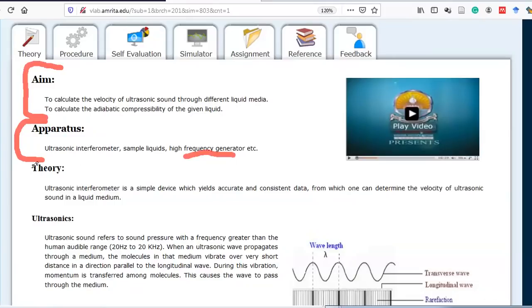Theory, as I said, the theory part is also important to read so that you can understand the practical in more detail, like what is happening, what is the working principle, everything. So this part generally I am leaving to you, so you can go through the theory part. But remember, when you write into the journal or the notebook or anywhere, you don't need to write the theory part. Okay, so this theory which is given over here, you can skip it.